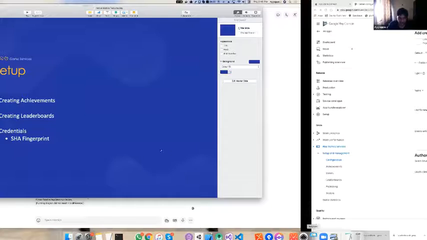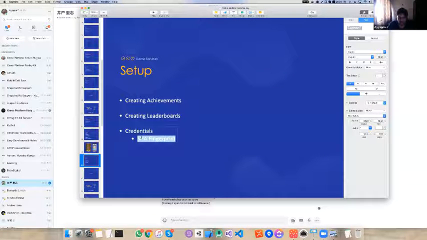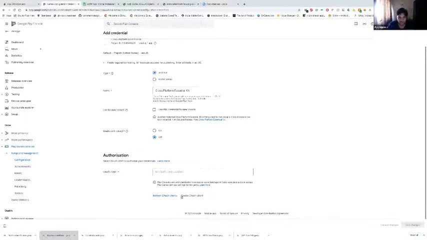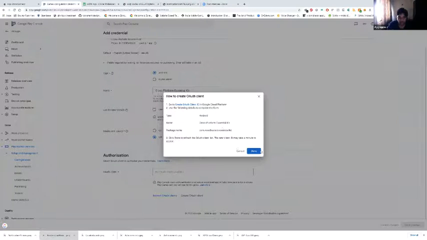Think of the SHA fingerprint as just a key for your app, and this fingerprint will be saved on the Google dashboards. So you just need to create one, create an auth client. I'll run through it very quickly, because this is a very important topic.